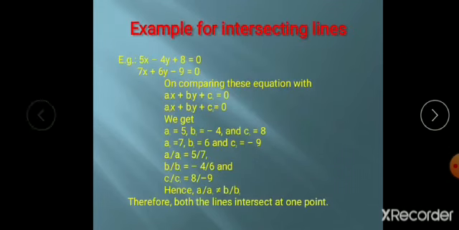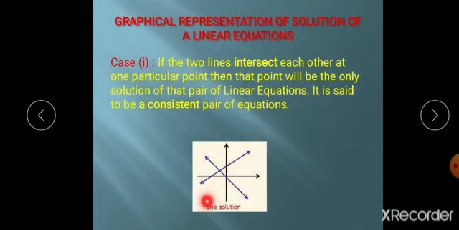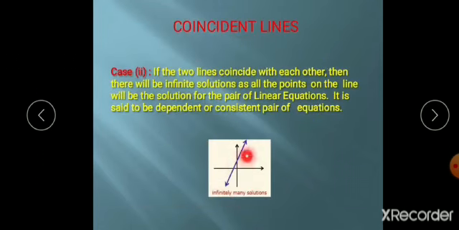In the previous example, the two lines intersected at one point, so it has one solution. But in this example, we have infinite solutions. It may be here, it may be here, it may be here. We don't know which value will be satisfied for the given pair of linear equations. So, infinite solutions. You should remember, if it is coincident lines, it has infinite solutions, and it is also called consistent. Consistent means it has solutions. So it is having many solutions, so it is called consistent. So, it is coincident.